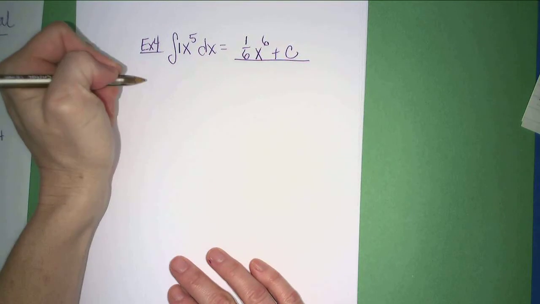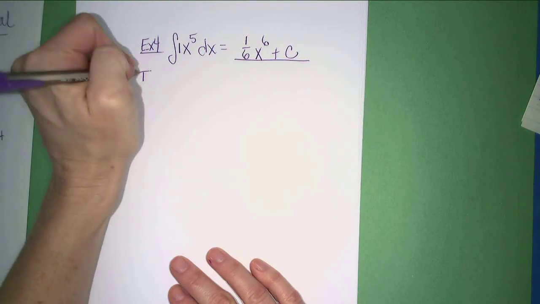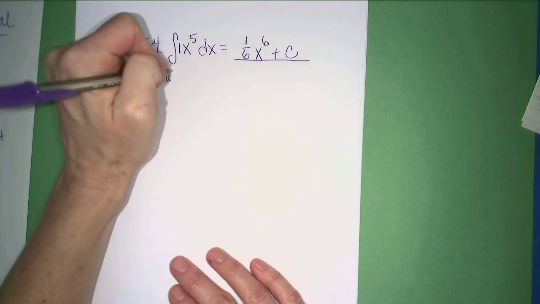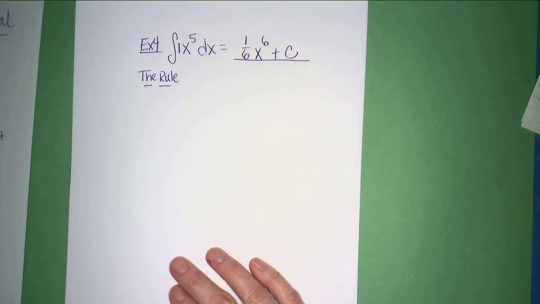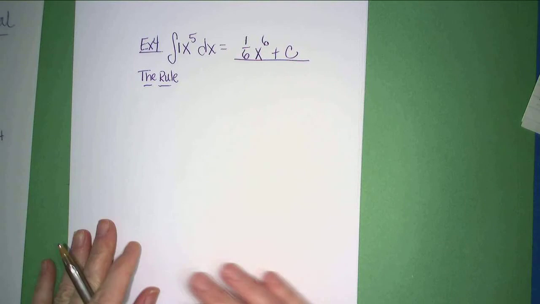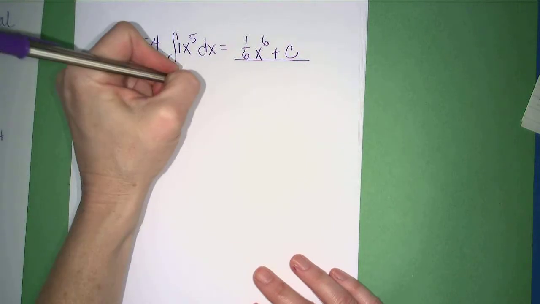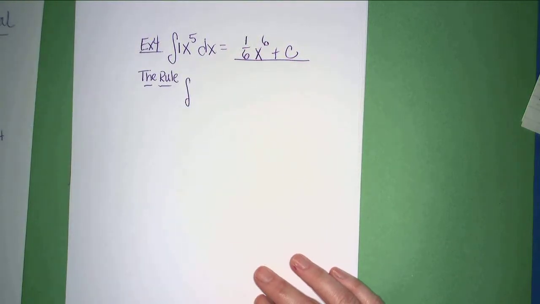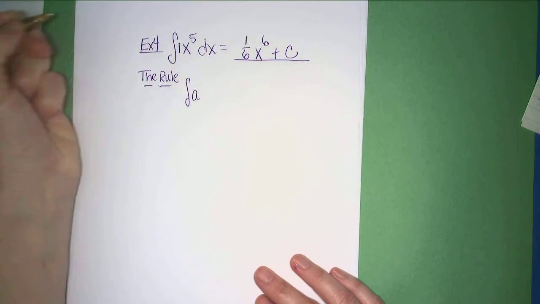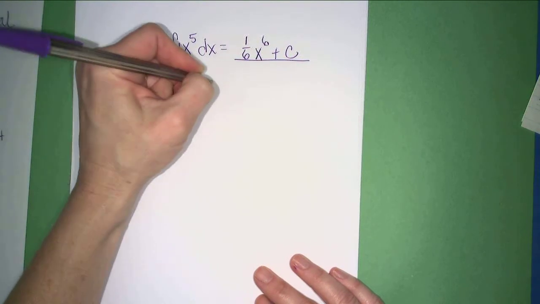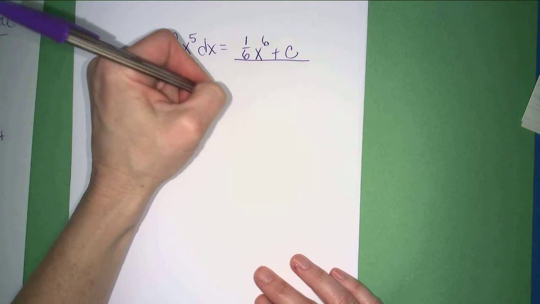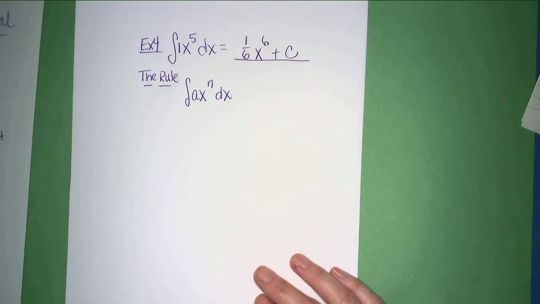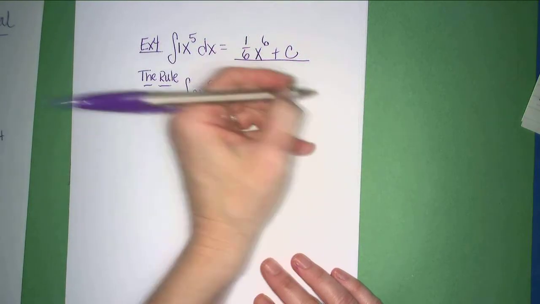So I think it's about time I give you the rule. Some of us like a recipe. I'm going to give you the recipe to find any basic antiderivative with the power rule in reverse. Here's what it says. If you're taking the antiderivative of any coefficient, we'll call it a, x to the nth power with respect to x, the antiderivative will always be